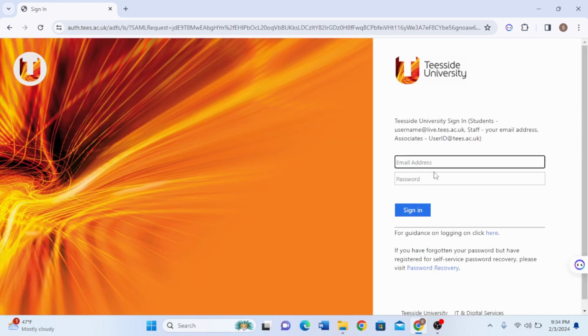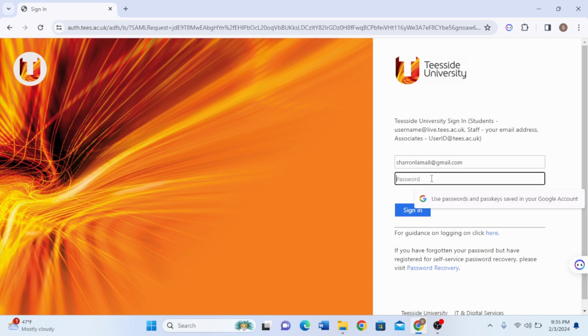and on the right hand side we can see there's a requirement of email address as well as your password. So in order to sign in to your Teesside University, type down your email and your password as well. And you can simply click on the option that says sign in and you'll be successfully logged into your Teesside